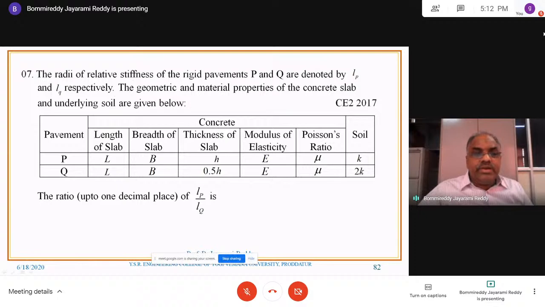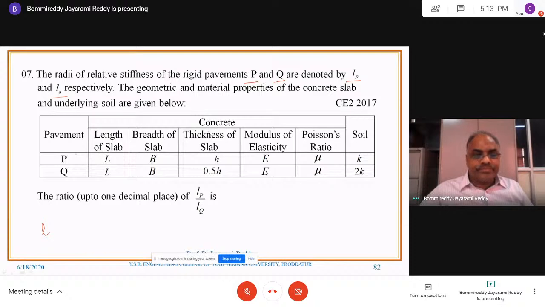Next one, the radius of relative stiffness. Radius of relative stiffness means L. The radius of relative stiffness of the rigid pavements P and Q are denoted by LP, LQ. LP, LQ are the radius of relative stiffness of the two pavements. The geometric and material properties of the concrete slab and underlying soil